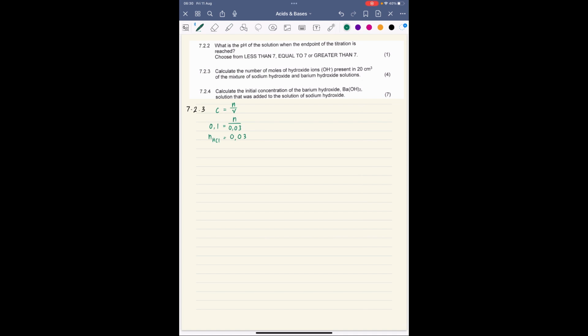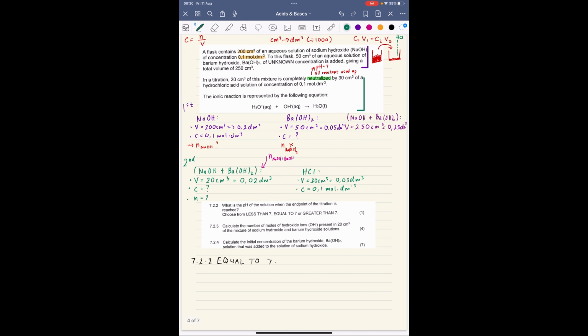Wouldn't it be 0.003? Let me see. Yeah, it would be 0.003. So 0.003 moles. After that, as I was saying before, since we now know the moles of HCl,